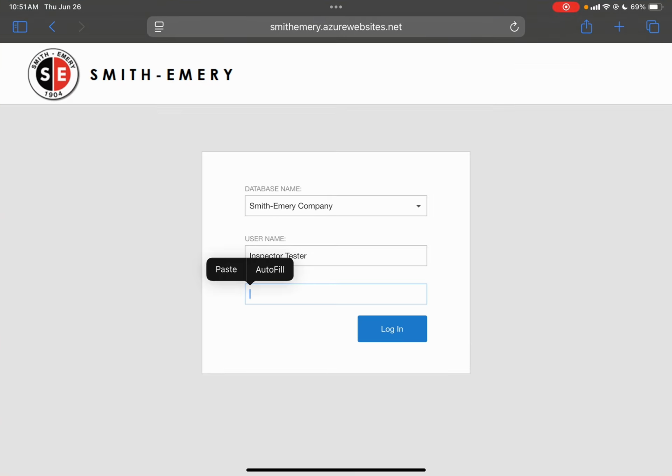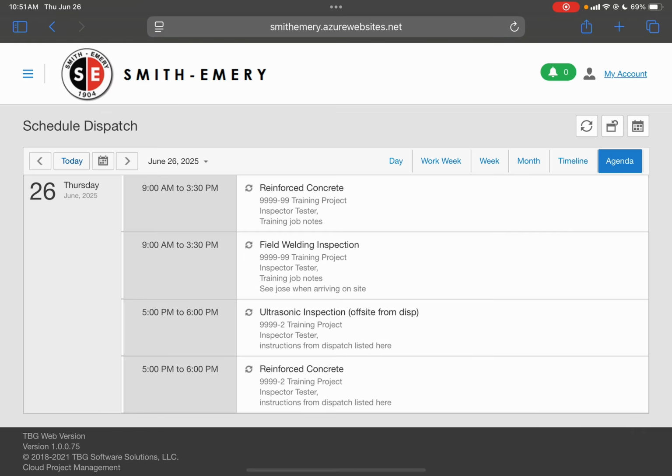So I'm going to go ahead and log in. I'm bypassing the password creation for the time being, but this will take you to a page where you create a password. After you create a password, and then all the subsequent times you log in with that password, you will come right to your schedule. So you'll notice I am on today, June 6th,